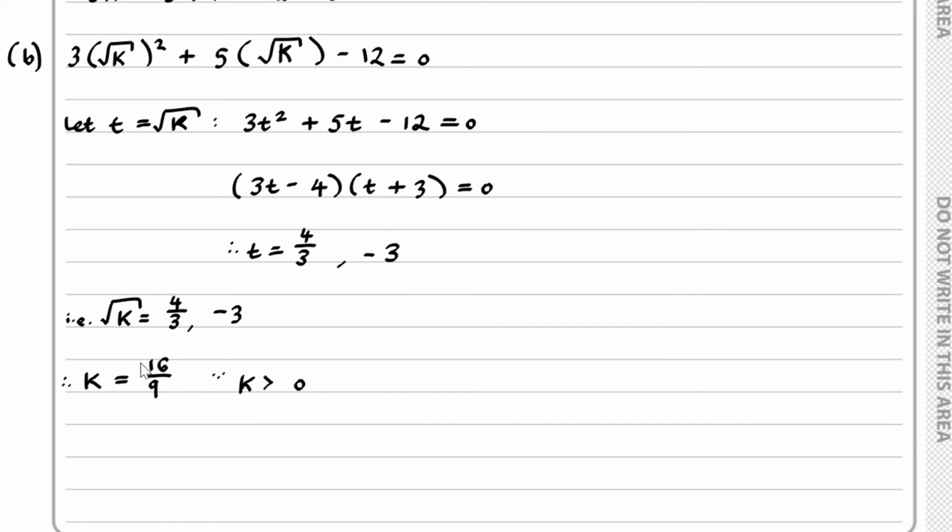Now, a reasonable question would be, why didn't we consider this minus 3 when I squared? First of all, from here you can hopefully see k is equal to 16 over 9, and of course square rooting, we end up with the 4 over 3 and the minus 3. Of course, we could have minus 4 over 3 and 3. The reason we choose k equals 16 over 9,